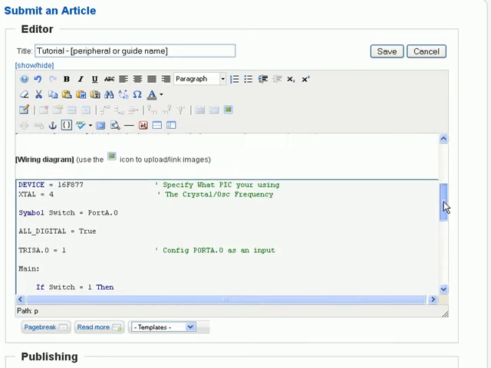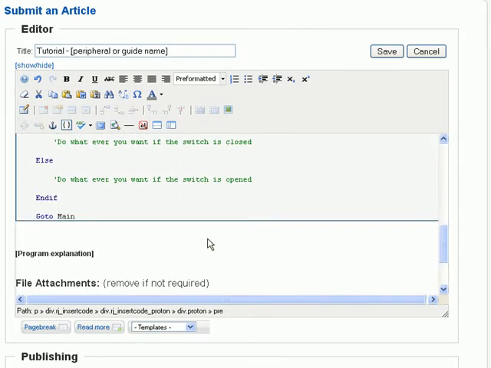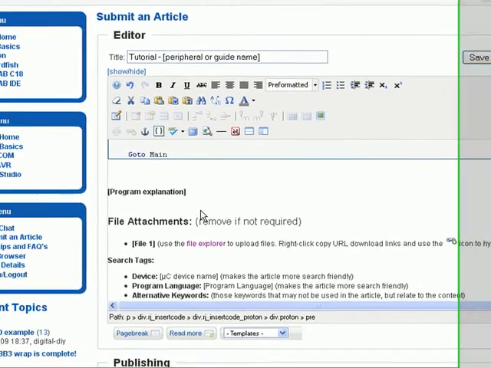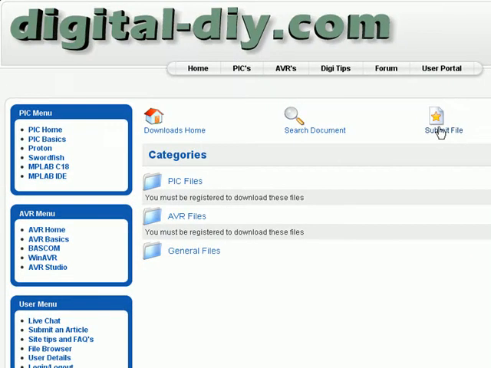You'll notice the code has been inserted and reserved words in the editor have already been highlighted, and comments have been highlighted and formatted accordingly. The next slightly advanced step is to add file attachments or images. So to add file attachments, open up the file browser, click on the Submit File link,